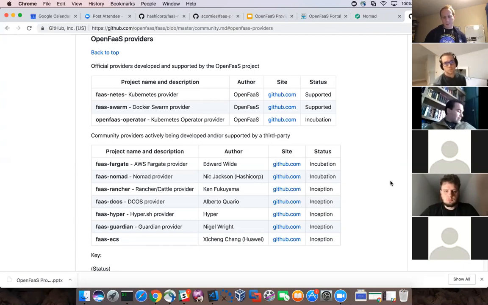So auto scaling is documented on docs.openfaas.com in quite some detail, but just for a quick summary, with every provider, the backend doesn't necessarily have its own autoscaler. Kubernetes luckily does. It has the horizontal pod autoscaler, but Swarm doesn't, Nomad maybe doesn't, and I don't know about the others.